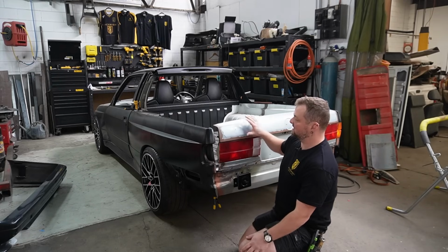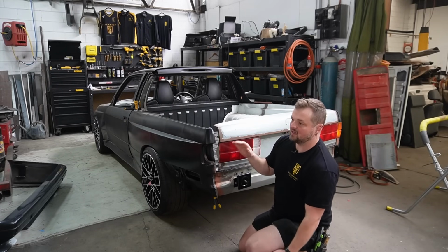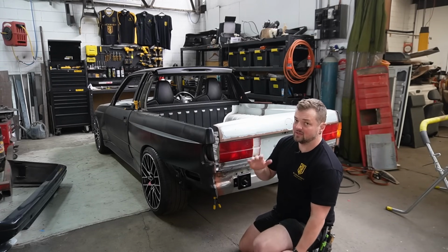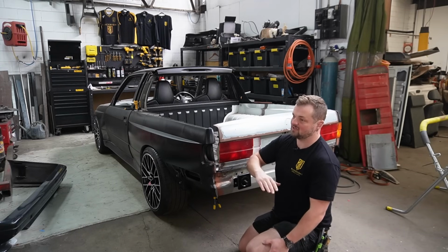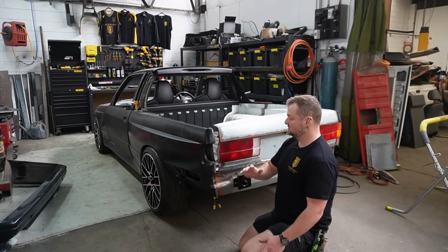The entire time I've been thinking I need to build the tailgate and then I can start attaching panels, but I think I might need to start attaching some panels to build the tailgate. So bear with me,